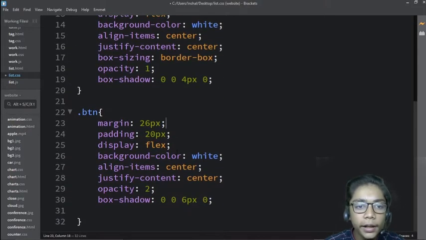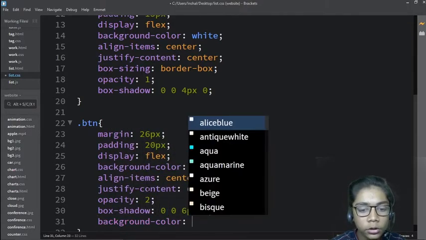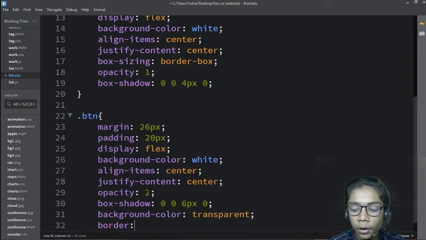Now here you have to come over here, and when you've done all that, write background color, okay, should be transparent. And over here I will write another thing which is called border. Okay, so I will write border of 1 pixel solid and it should be light green. So I will write border solid light green, and now it is enough.